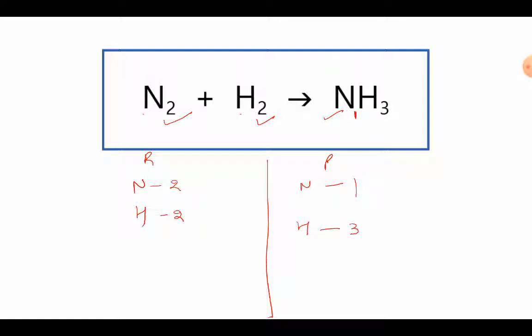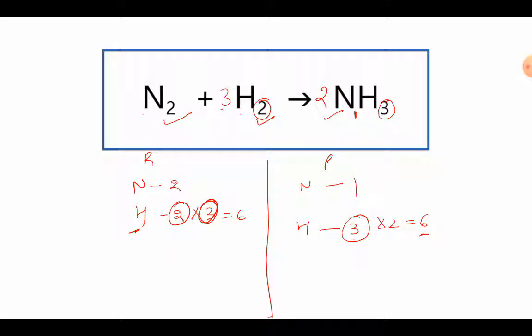Now we'll start with the one where the number of atoms is maximum. So we all can see that here hydrogen is 3 and here it is 2. Now it is a case of odd and even, and how can we make the numbers equal? Simple mathematics. We will multiply this by 3 and this by 2. So ultimately, how many hydrogen will be there? 6. But do we see that on the reactant side we have to multiply it by 3. So now this 3 will be put as the coefficient, right? Coefficient is always multiplied with the subscript. And how can we make this 3 into 6? By putting a coefficient 2.